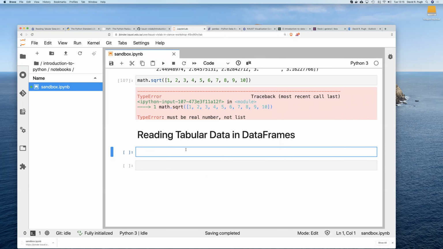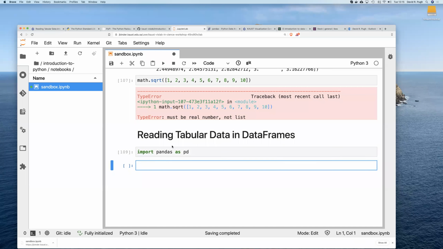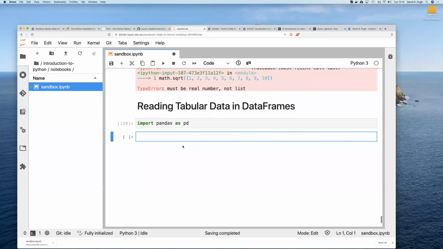Okay, so the first thing we need to do is import Pandas. Just like we were importing libraries this morning, we need to import Pandas if we want to use it. The canonical import for Pandas is to import pandas as pd. So the alias pd is how we'll refer to everything from within Pandas. So again, if we hit Shift-Enter to execute that cell,